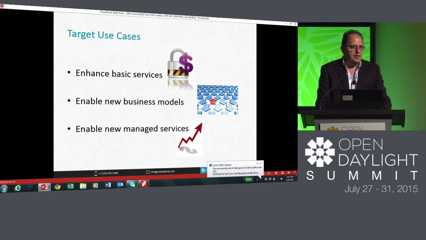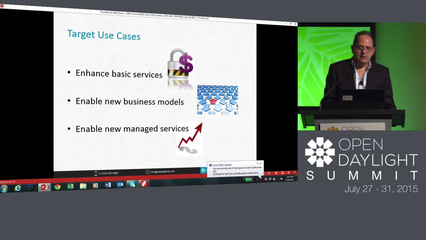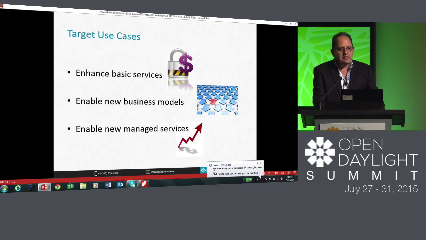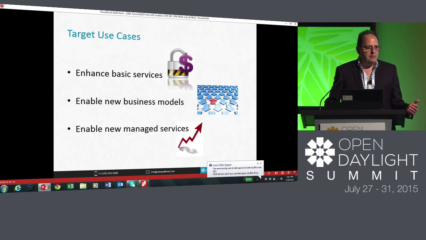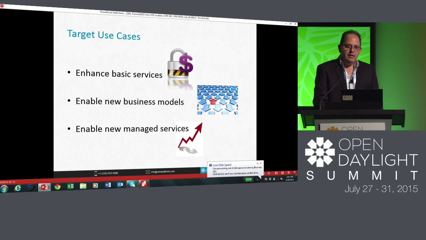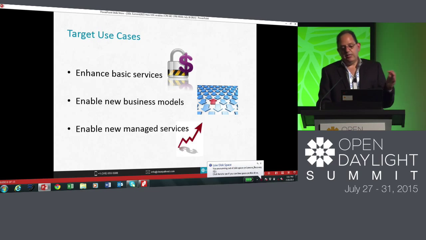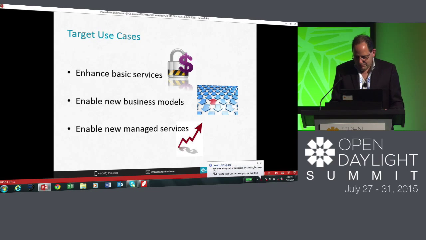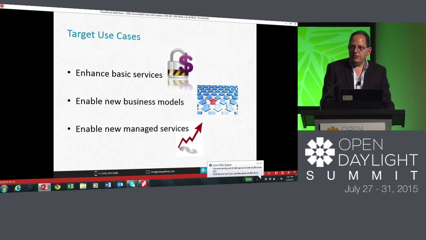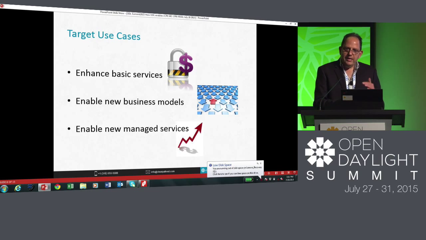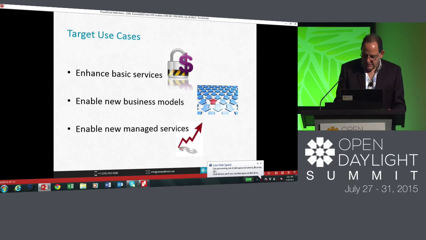So an example would be a more highly secure service, or encryption, or WAN optimization. It tends to come up. It's one that has to be, or typically is, deployed at the customer side. So these target use cases are how we sort of define and characterize